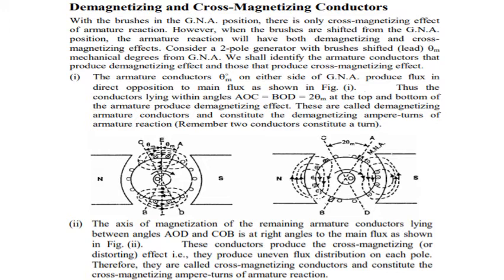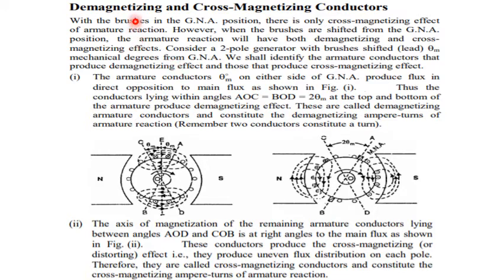This is the continued part of the second section of the third module, that is direct current generators. In the last video we discussed the armature reaction, how the armature reaction takes place, and what the effects of the armature reaction are. You saw that the effects of the armature reaction are the cross-magnetizing effect and the demagnetizing effect. Now let me discuss how this cross-magnetizing and demagnetizing effect takes place in a conductor. So we'll discuss that now.